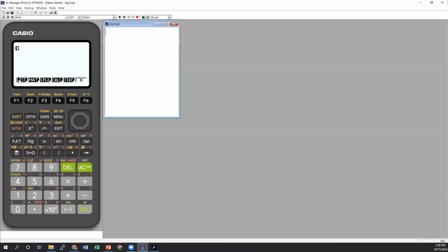The first tab above F1 is list. This allows you to find different options that you can manipulate your list with. This tab types out the word list, but if you notice above the button, it's also there in yellow, so we can use that shortcut.